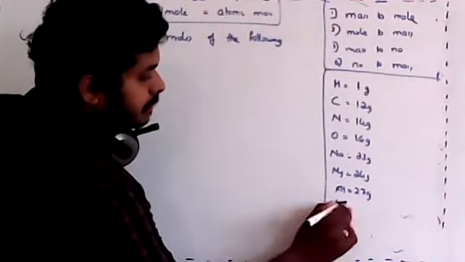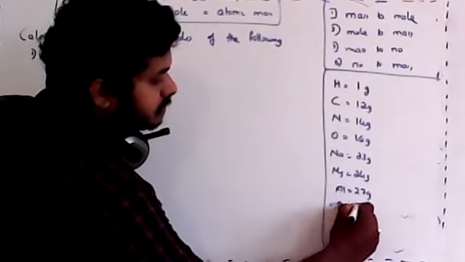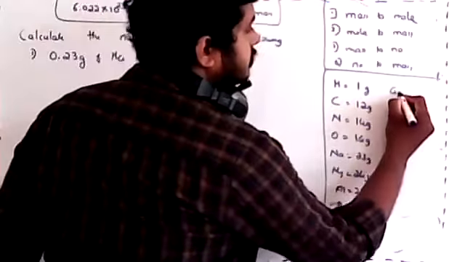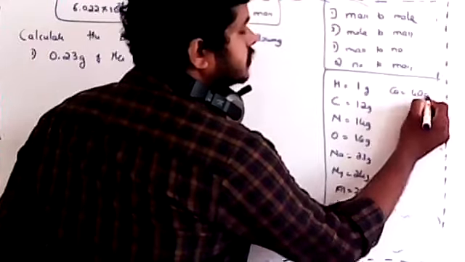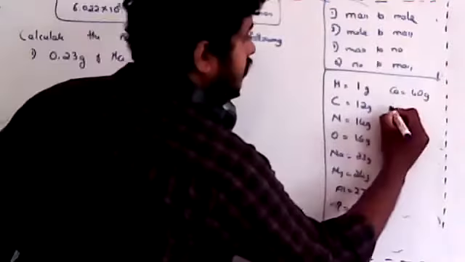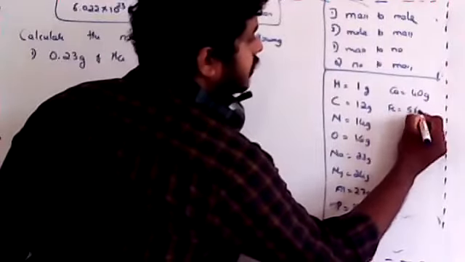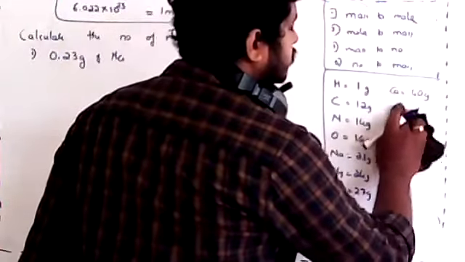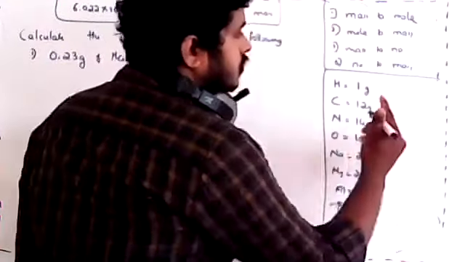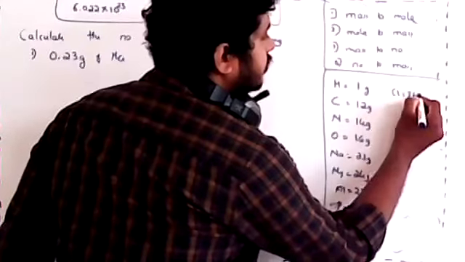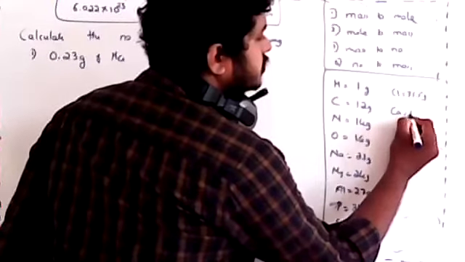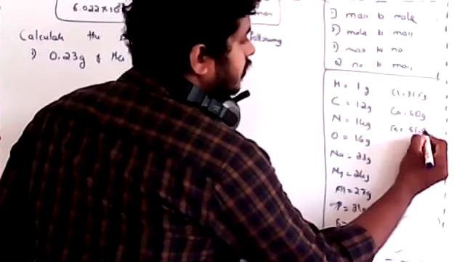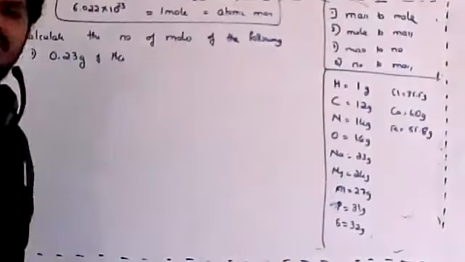Then see, magnesium is over. Phosphorus is 31 grams. Sulfur is 32 grams. Then calcium also you can consider, which is 40 grams. Then if you consider iron, which is 55 point something. Before iron, I have to consider chlorine also. Chlorine is 35.5 grams. Then calcium is 40 grams. Then iron I can consider as 55.8 grams. I would say it's enough.